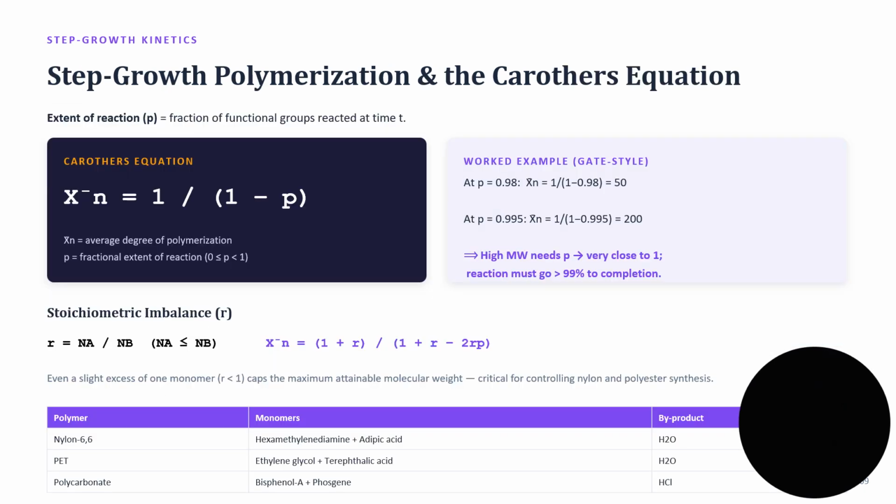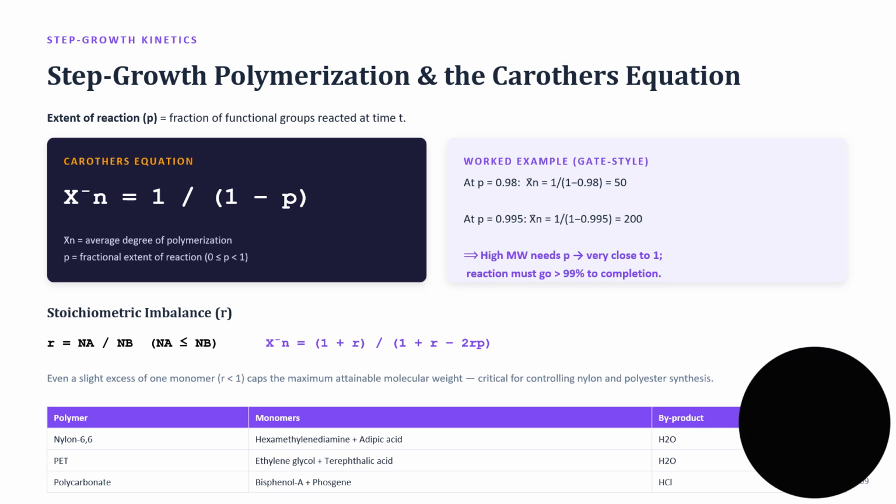So now we are on step growth polymerization and the Carothers equations. Now let's turn to step growth kinetics, and this is where the Carothers equation comes in. Arguably, the single most exam-tested equation in all of polymer chemistry. First, a definition: